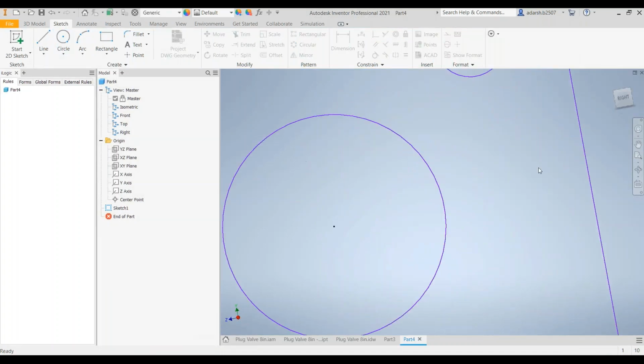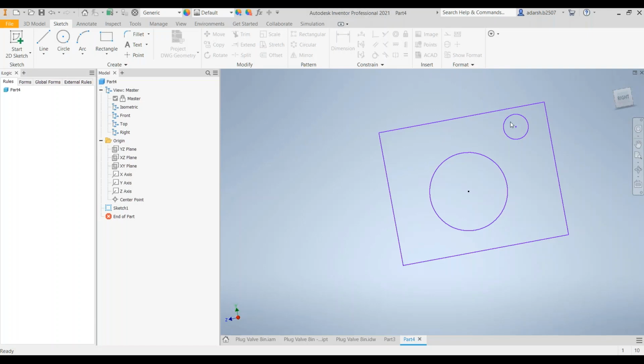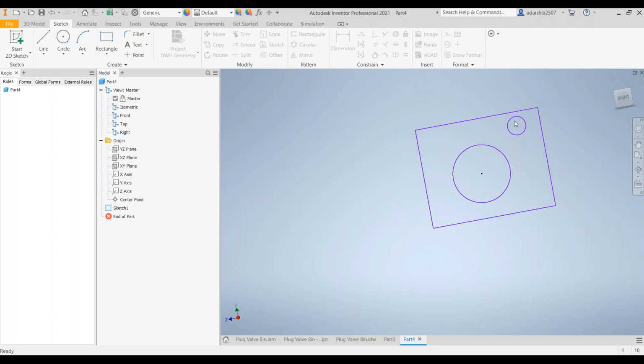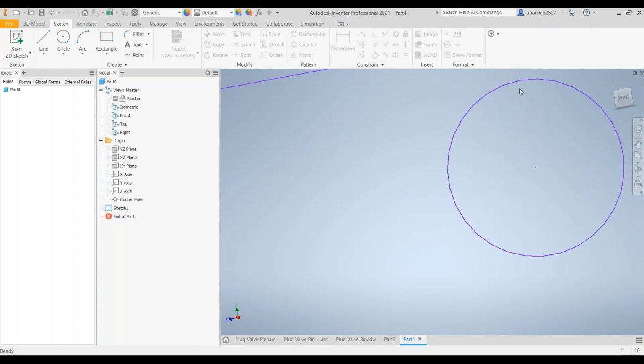In this sketch, as you can see, there are two circles, but how accurate the machine would be in cutting this portion is not certain. This whole thing needs to be cut in this portion and this portion. So I need a hole at this portion and this one too. If there is a mismatch in the dimension, say this circle is being cut,